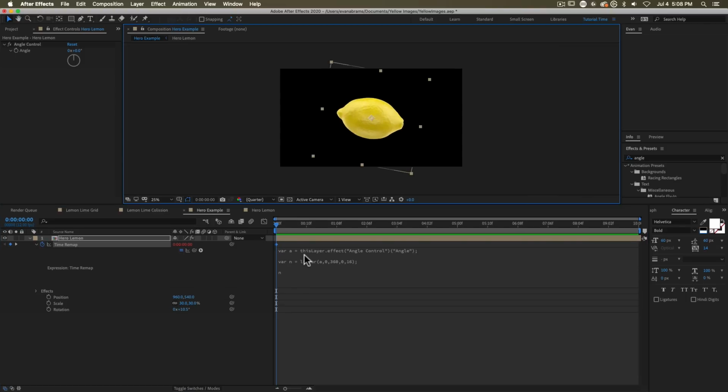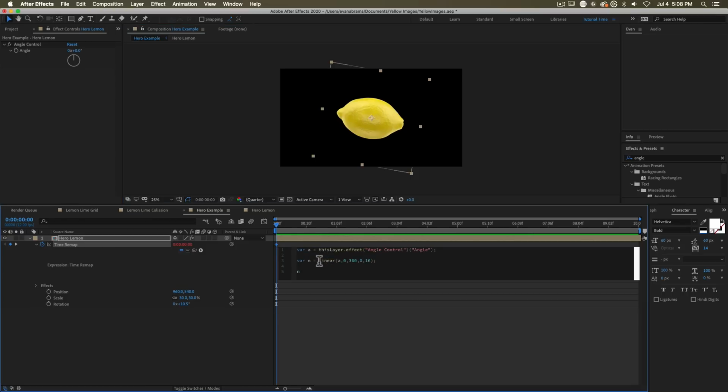I've got a variable named A that is just looking at that angle control, right? And that's all variable A is. So you can just type variable A equals, and then pick whip up to that, and then semicolon to end the line. And then I've got variable N, which equals linear, and then in these parentheses, we're remapping variable A. We're reinterpreting it as it goes from 0 to 360. These are our inputs. So the minimum input is 0, the maximum input is 360, and then we're remapping that